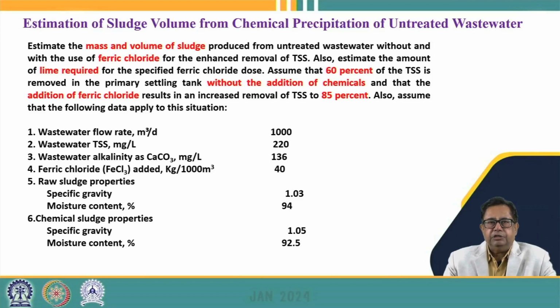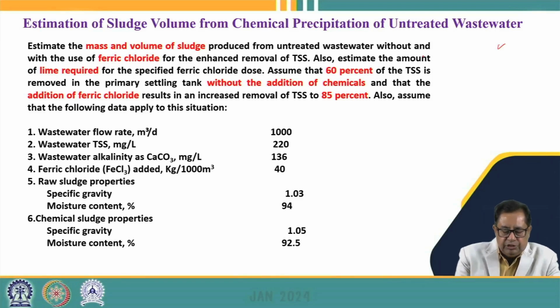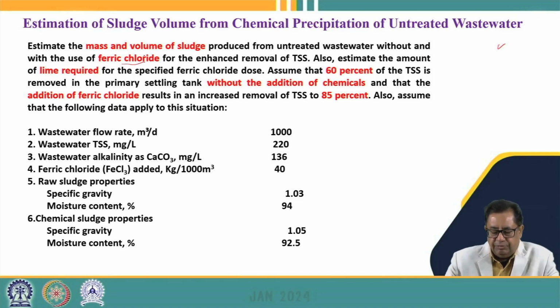Now let us discuss the estimation of sludge volumes by using chemical precipitation of untreated wastewater. We are considering a problem where we have to estimate the mass and volume of the sludge produced from the untreated wastewater with and without the addition of chemicals. For example, we are using ferric chloride as the precipitant, which is used for enhanced removal of total suspended solids. We have to estimate the amount of lime required for a specific